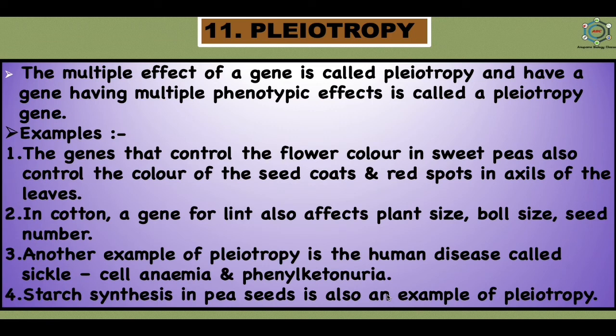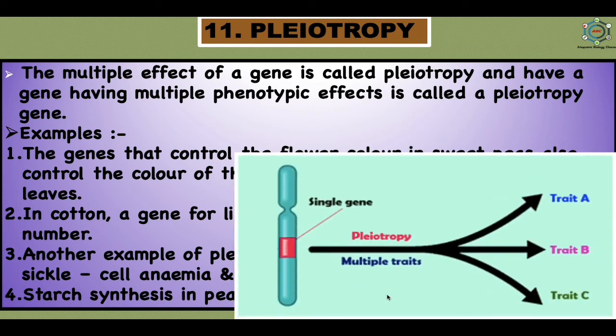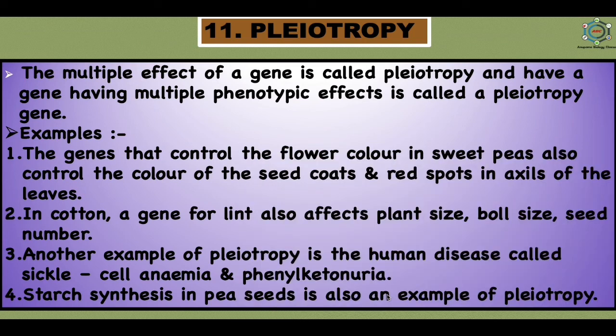So, pleiotropy is the converse of polygenic inheritance, in which two or more genes have additive effects on a single phenotype. The pleiotropic genes may not have equal influence on all the traits they control. A pleiotropic gene may cause a very evident expression of its specific trait, known as the major effect, and a less evident expression of its other traits, known as secondary effects. So this is pleiotropy.